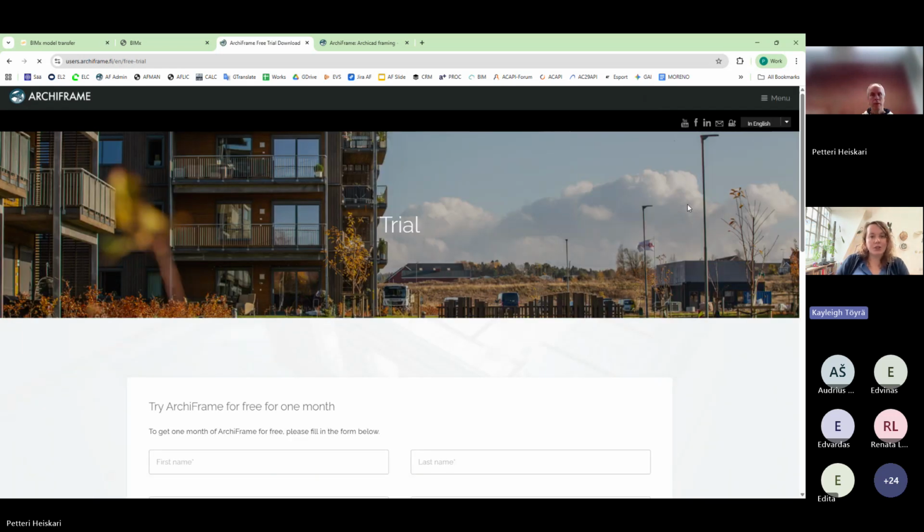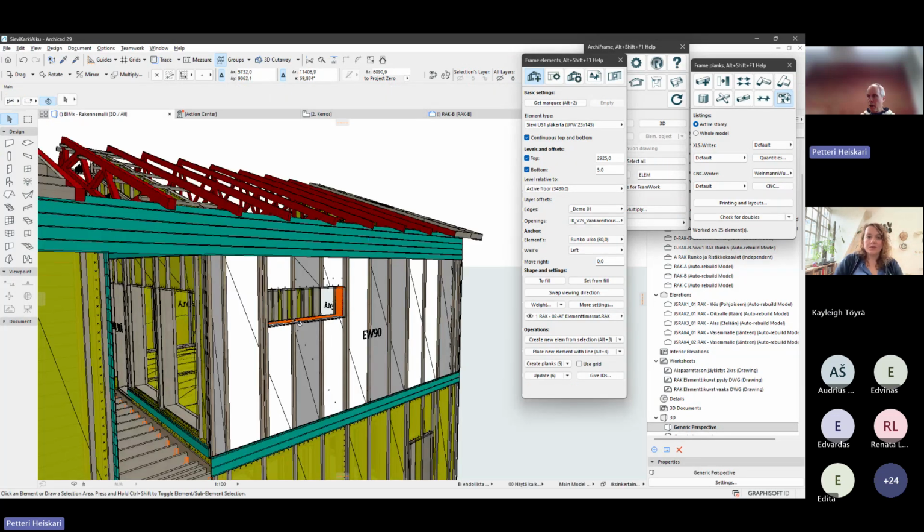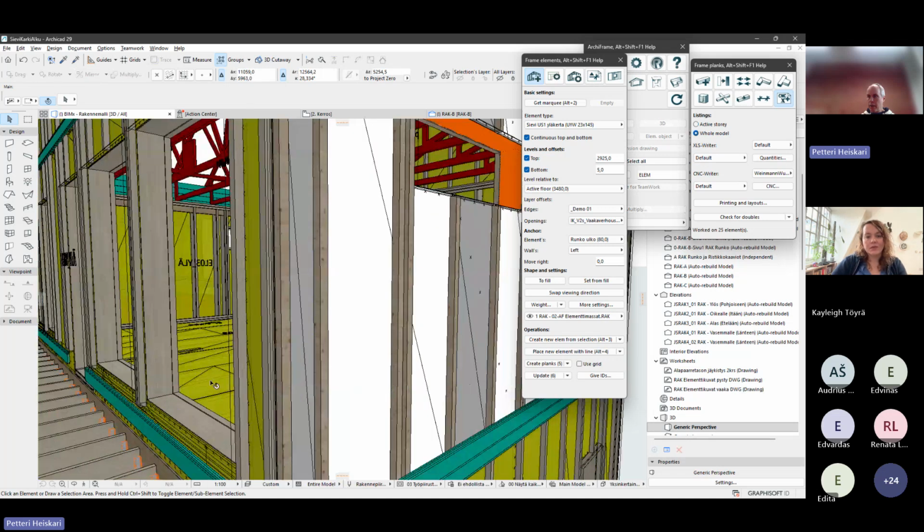I've still got a couple of questions, Petteri, if you don't mind. I've just been hoovering up the chat. So there was a question here about Archicad floor joists, so can beams be converted to ArchiFrame joists then added into the floor elements? Yeah, that can be done, and let me show one example here about this Finnish manufacturer, how they have done